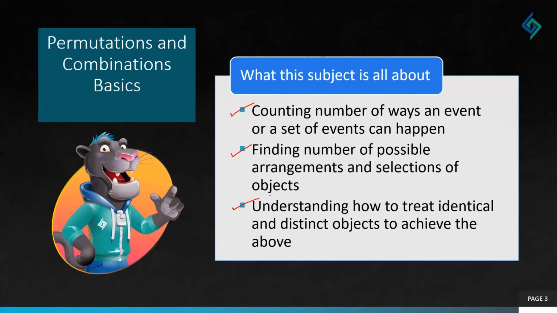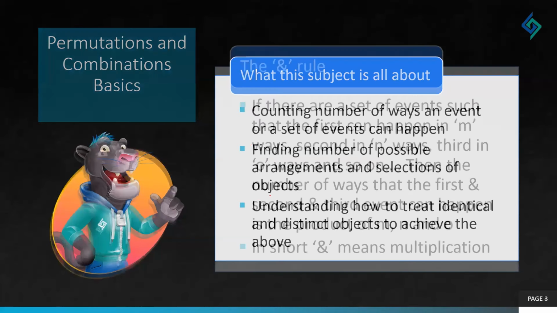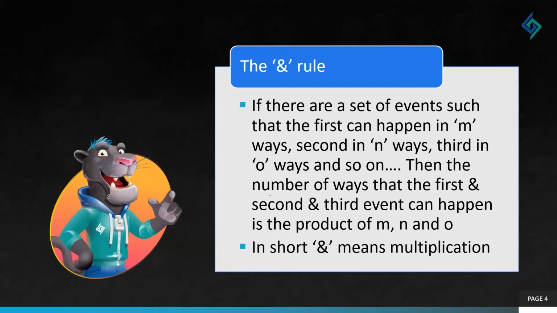So it's counting how many ways can an event happen, how many different arrangements between objects are possible, and how many different ways can a certain number of objects be selected from a larger number of objects. Right? Similarly, let me move on and give you a basic understanding of what the AND rule is. The AND rule is one of the most fundamental rules which everything inside the topic of permutations, combinations,